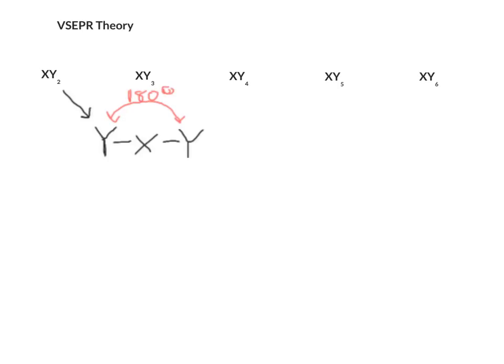That is the furthest away that these two atoms can be from one another and still be connected to the central atom. The valence shell electrons, remember, are the electrons involved in chemical bonding. So two electrons in this bond, two electrons in this bond. The repulsive force between them is minimized by them being 180 degrees from one another. If we look at the next example,